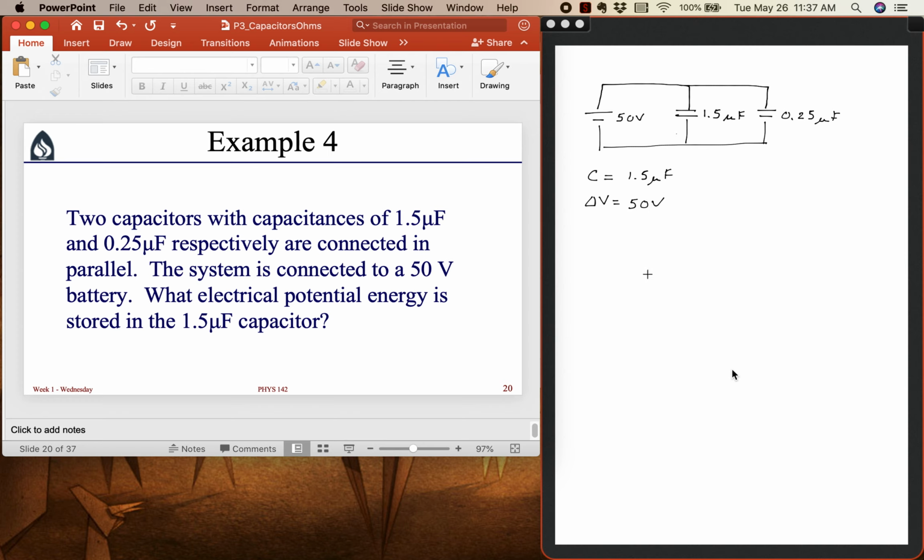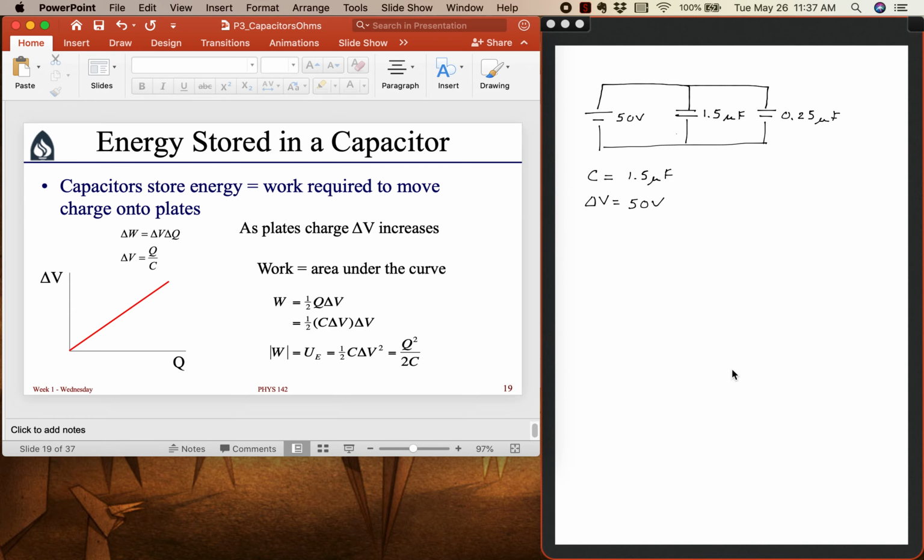So then if I look back at the expressions for finding the potential energy stored in a capacitor, I can see that one of them does depend on just capacitance and voltage, and that is that the potential electrical energy of this capacitor is 1/2 times the capacitance times potential difference squared. So plugging in numbers, that would be 1/2. The capacitance is 1.5 microfarads, that's times 10 to the minus 6. And then the potential difference is 50 volts. Square that, and I get a potential energy then of